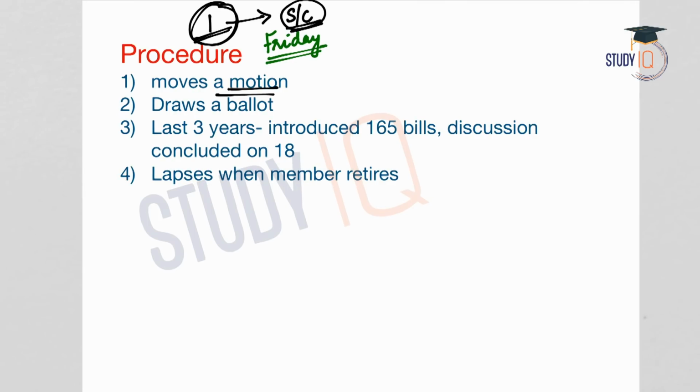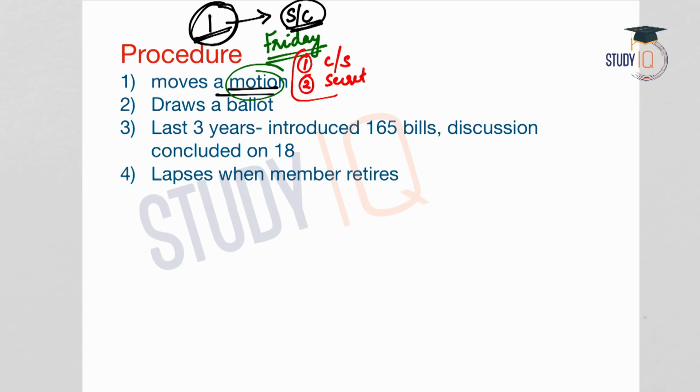And this motion is usually not challenged or opposed. What is the reason? One, this bill is already admitted by the chairman or the speaker. And secondly, an examination of the bill is already done by the secretariat of the house. So because of these 2 reasons, this is usually not opposed. But there are exceptions to this.